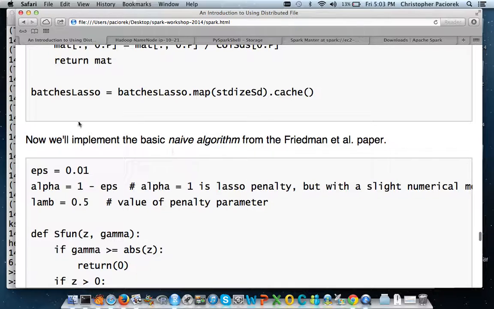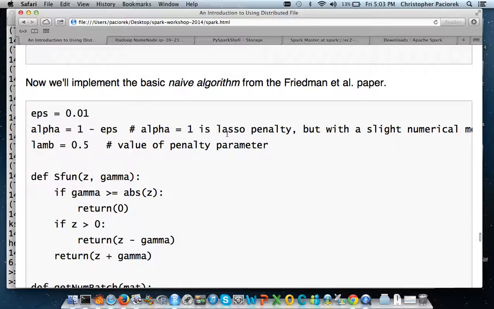So at the end of the day, I now have my batches lasso object, my RDD, which is cached in memory, and now I can go ahead and implement this coordinate descent algorithm for doing the lasso. The one I'm implementing here, if you go back to the Friedman paper, is what they call the naive algorithm. They present another algorithm that does a much better job of exploiting the sparsity in this problem,